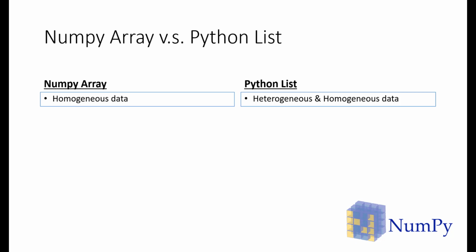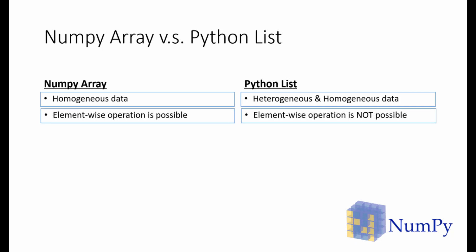But a Python list can have heterogeneous data like, say, the name and the age all in the same list, or it can also have homogeneous data where the data type is number or float or int or string, etc.